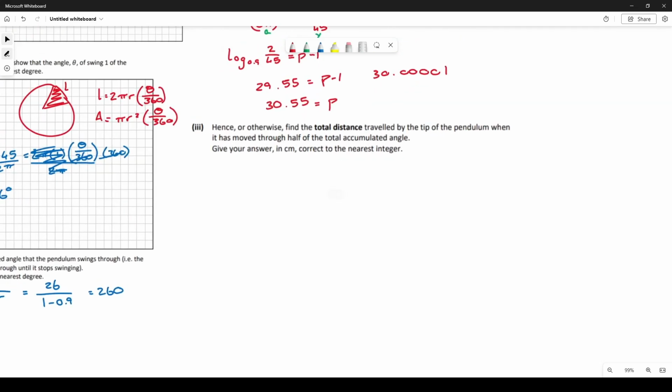But hence otherwise, find the total distance traveled by the tip of the pendulum when it has moved through half of the total accumulated angle. Give your answer in centimeters, correct to the nearest integer. Find the total distance traveled by the tip of the pendulum when it has moved halfway through the total accumulated angle. So